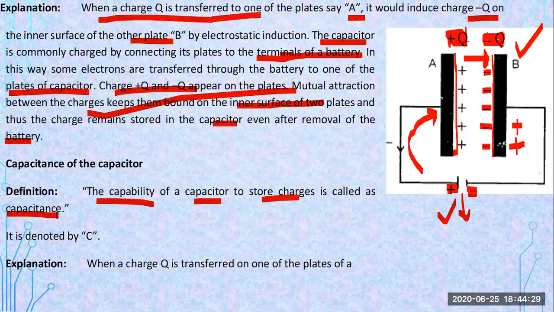Some are of a very small level, used to store a small quantity of charges. Some capacitors have large values of charge storage. They depend on their demand and their usage. Depending on the stage at which they are used, they are labeled with some indicators. So we will study how these capacitors are labeled and how we will come to know which side of the capacitor is positive and which one is negative. So these are interesting to come.